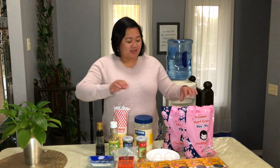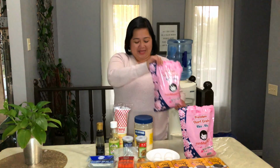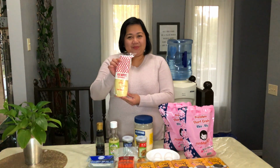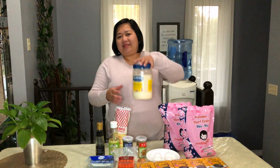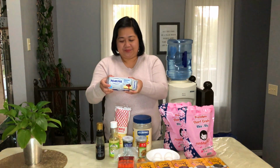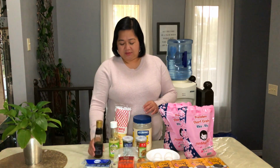So first, the most important is the sushi rice. And then, of course, we needed the Japanese mayo. But we're going to add some regular mayo. And to add flavor, we're going to add cream cheese. And then of course, the sesame oil, rice vinegar,